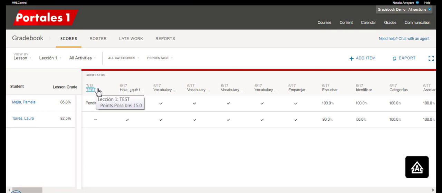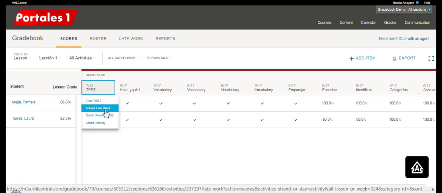In order to accept late work for all students in a particular activity, click on the name of the activity and then click on Accept Late Work. You can also accept late work by going to the Late Work tab,